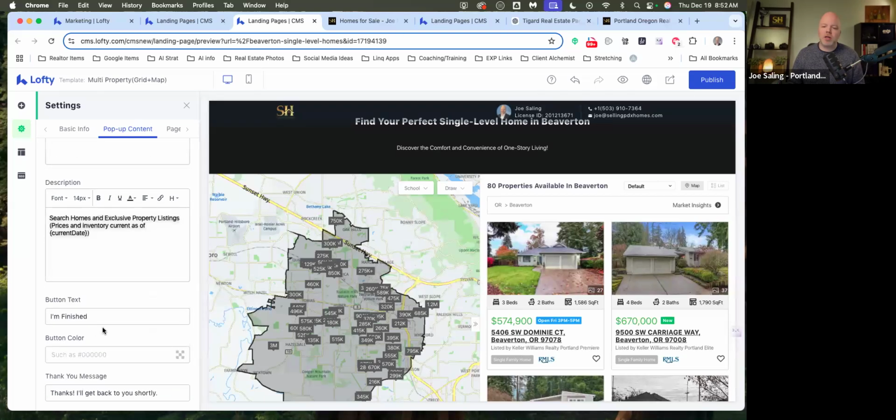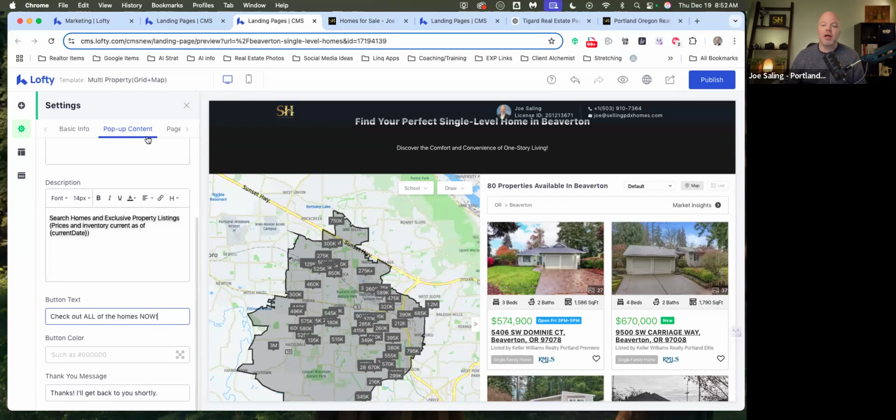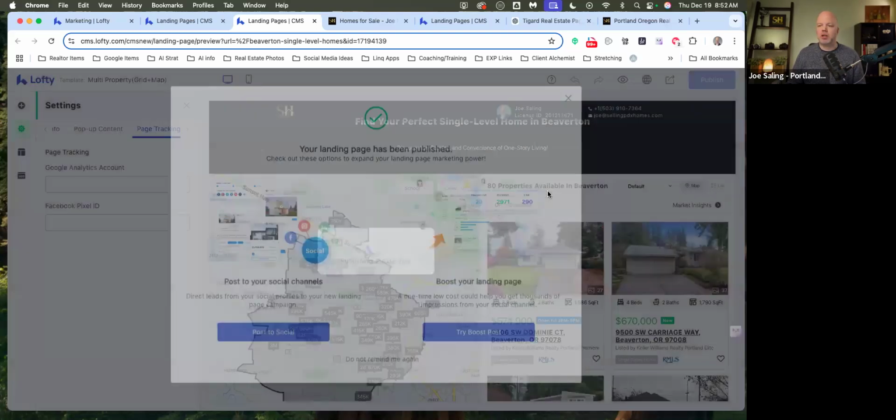Okay. And you can change this to check out all of the homes now. And that's kind of what it'll see at the bottom of that box. Thanks. I'll get back to you shortly. You can also put Google Analytics and tracking. So especially if you're retargeting, this is a great way to get information back. So I'm simply going to publish this page,